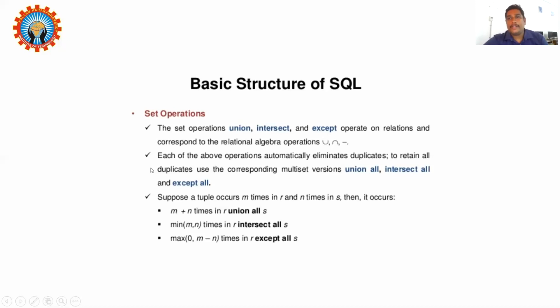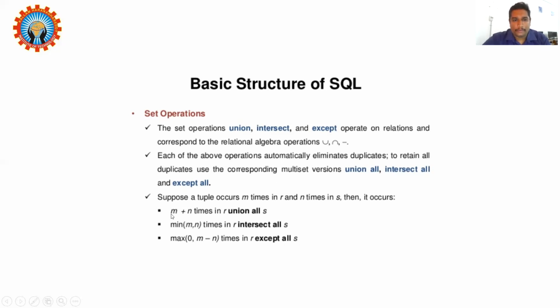So if you take the union, intersection, and except, and there is duplication of data available in your data, it automatically omits the duplicates. So if you want to include the duplication of data in your relation, then you have to represent it by means of union all, intersect all, and except all. If you take these three keywords as set operators, the output consists of duplication of data. If you do not want duplication of data, that is, if you take the particular data without any duplication, you use just the keywords union, intersect, and except.